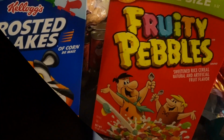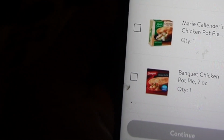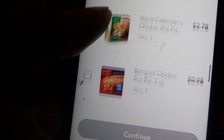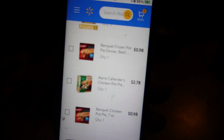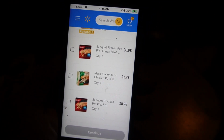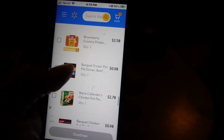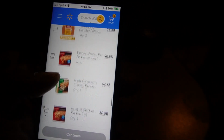So as weird as it sounds, the next day from a different store, they were supposed to deliver to me all of my cheeses and lunch meats, some frozen pizzas, and some pot pies. All of the meats, the lunch meats, were out of stock. No turkey, no ham, no bologna, no salami. They did bring all of the cheeses, but I'm still waiting through the U.S. Postal Service